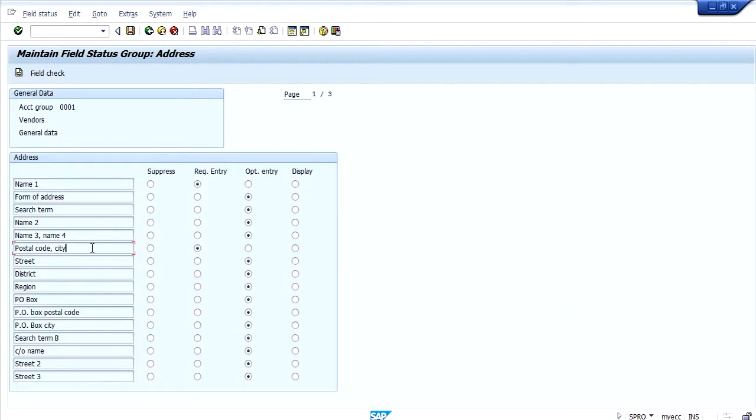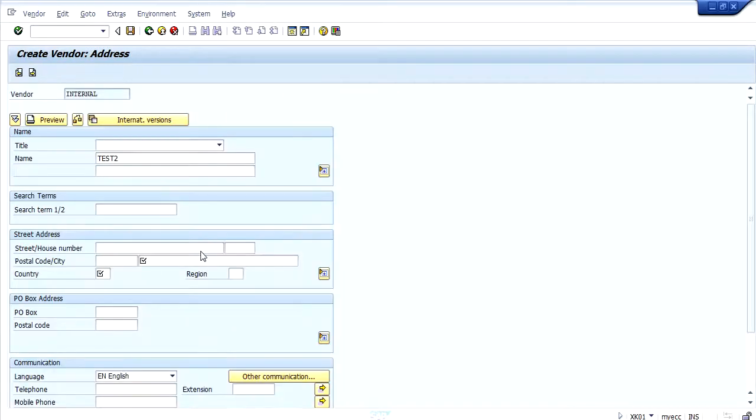Here the postal code is kept as required entry, so I am giving some random number, and country is a required entry, which usually in real time also the address details will be asked mandatorily and need to be filled.